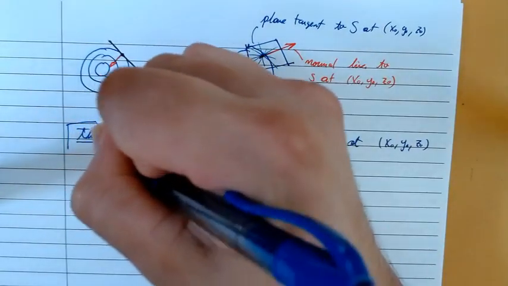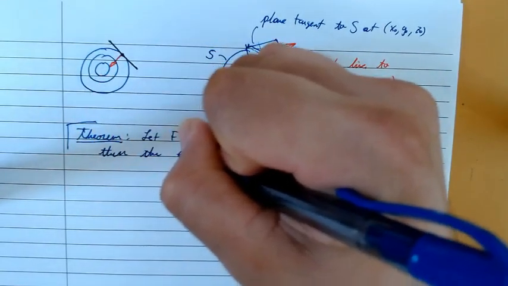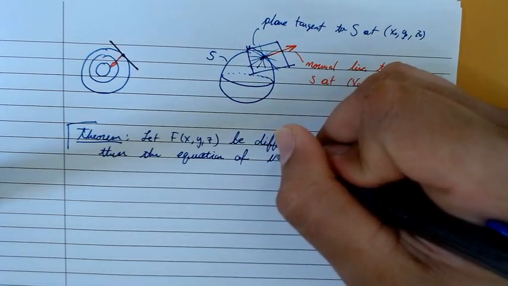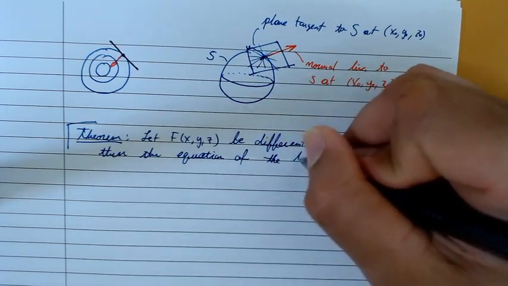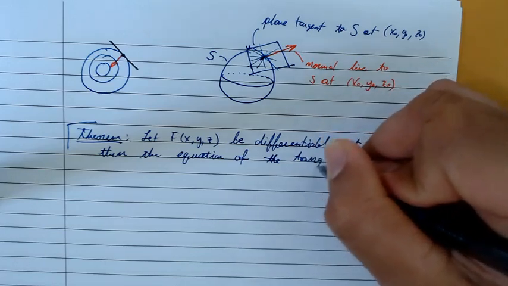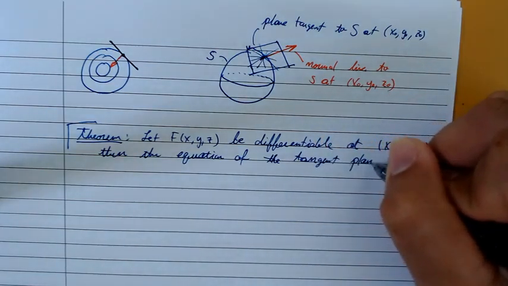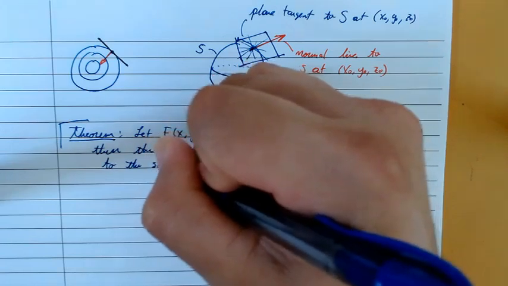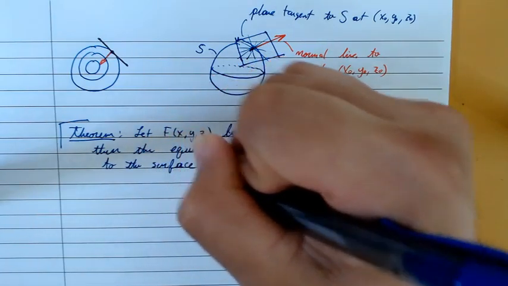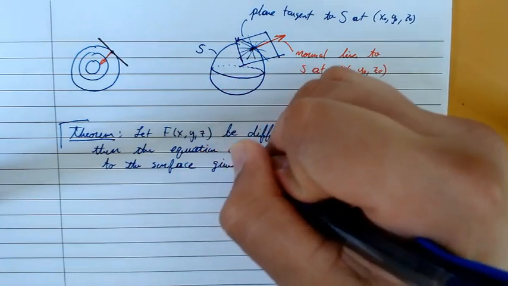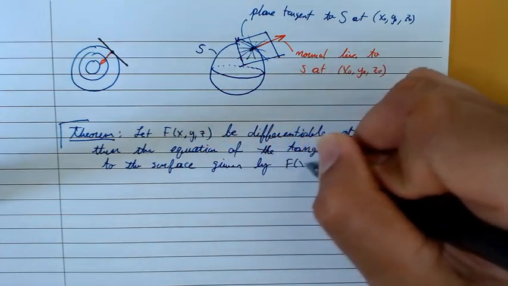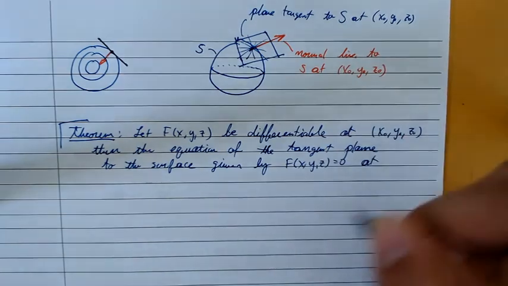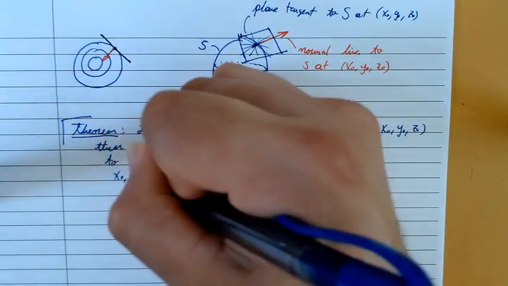Then the equation of the tangent plane to the surface given by f of x, y, z equals 0 at x naught, y naught, z naught